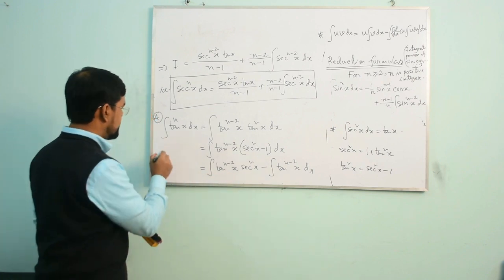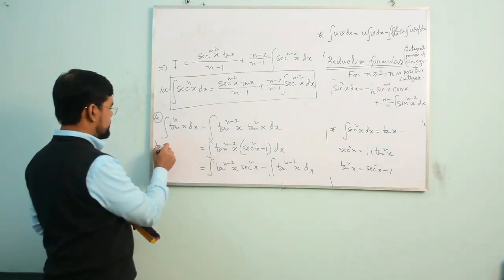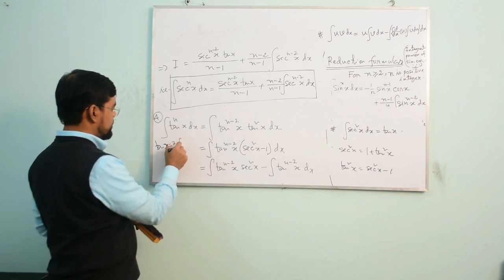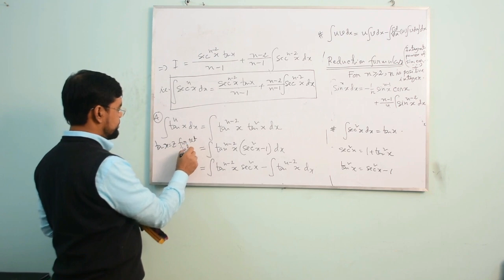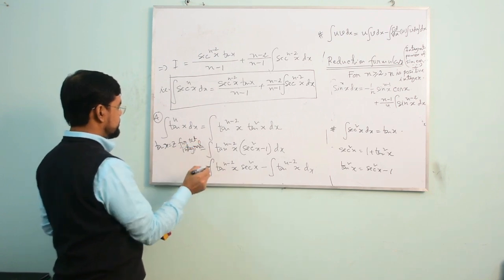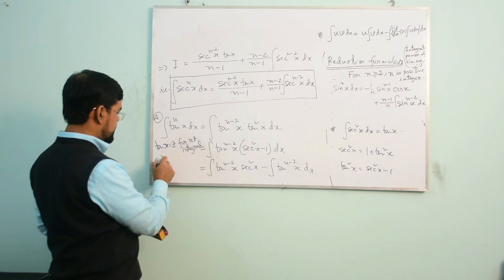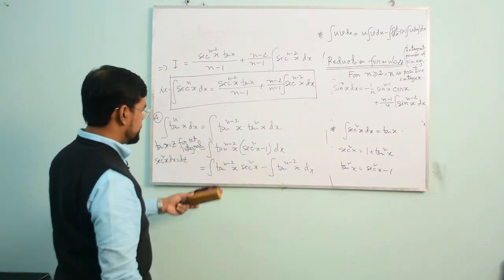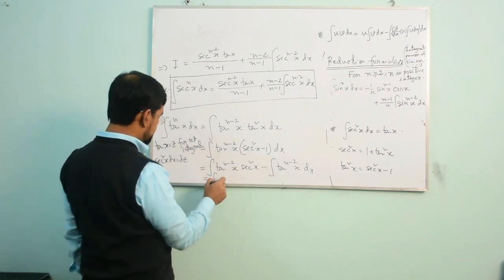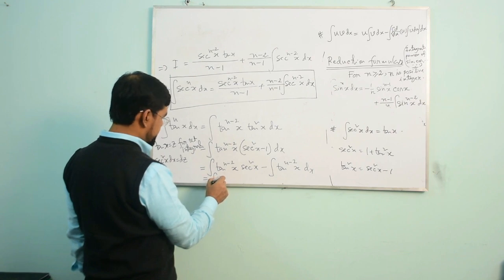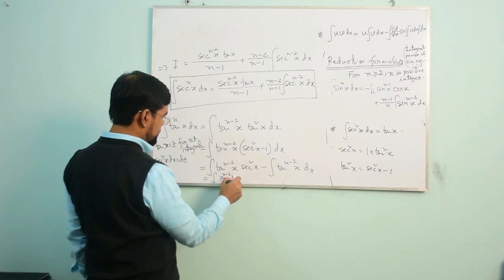So if you let tan x equal z for the first integral, then you will get sec^2 x dx equal dz. So this integral now will be z to the power n minus 2 into dz